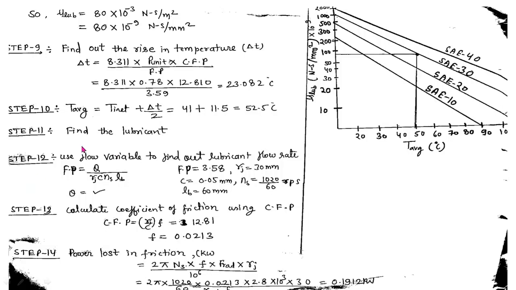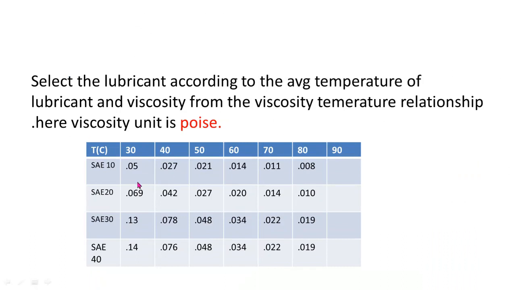But before that, I want to tell you, friends, that this is the method of selecting the lubricant by using a graph. But in certain data books, they do not provide a graph. They will provide you a table like this. Okay friend, this is only a sample table containing only a few lubricants, but there are a number of lubricants: SAE10, this is the grade of the oil, SAE20, SAE30, SAE40. So here only 4 lubricants are shown. To make the concept clear, I am only showing a part of the table. And these are the average temperatures: 30 degrees Celsius, 40 degrees Celsius, 50 degrees Celsius.